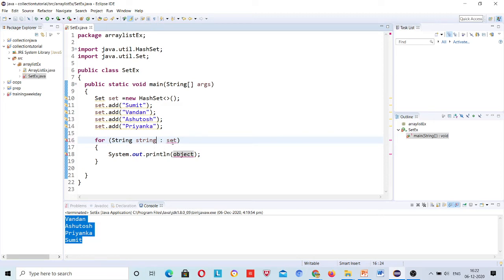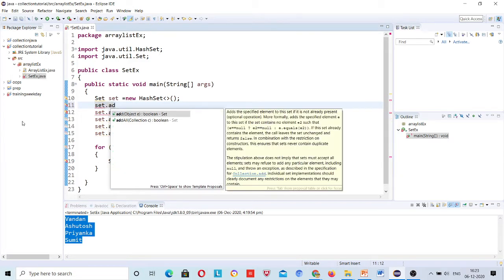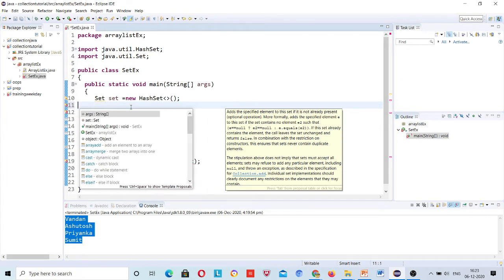Okay, but I am getting an error. See, put your mouse over here: type mismatch, cannot convert from element type Object to String, right? And how did the compiler decide that the element type is Object? Because here the compiler is thinking that set can add any data type, so it will add type Object, because yesterday I showed you that if I write set dot add, you can see Object E. But we can do this, how?